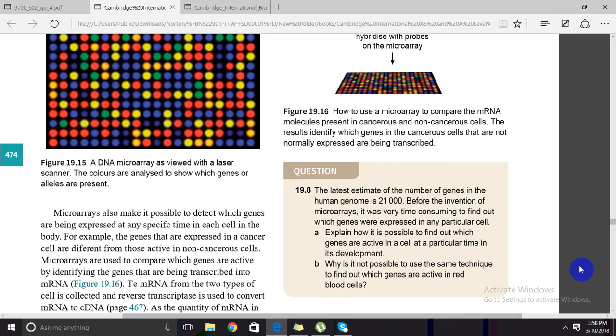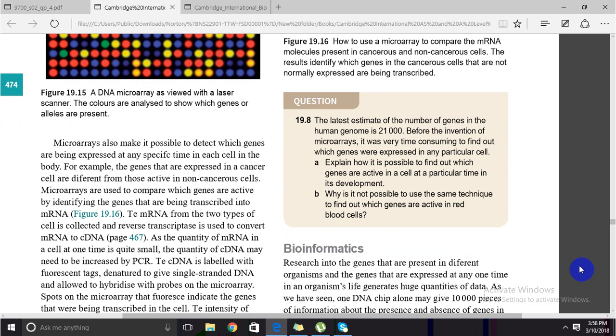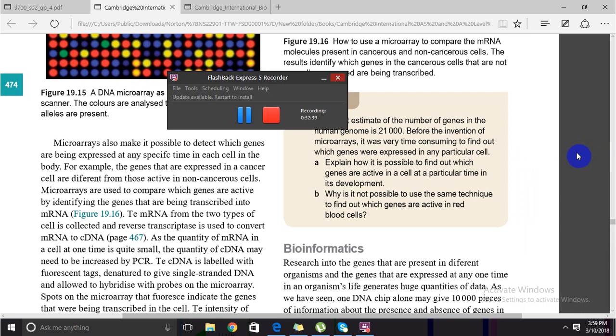And as the quantity of mRNA in a cell at any one time is small, we may increase the quantity of cDNA using PCR, and now PCR comes into play again. Now please, I'm hoping you really get the importance of all of these processes and all of these enzymes, because they're used again and again. So PCR might come into play,